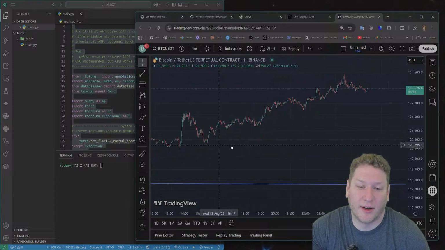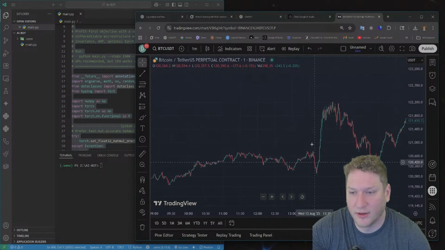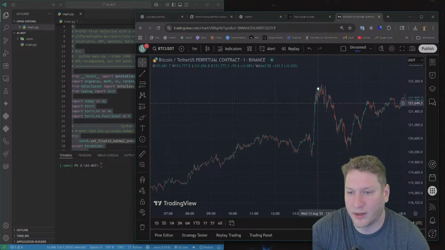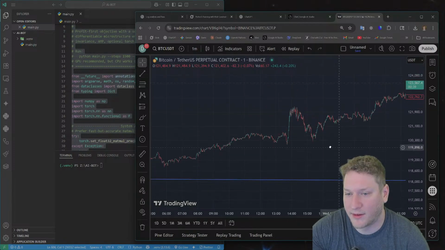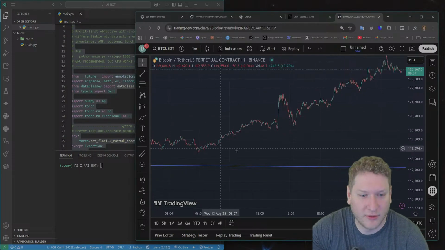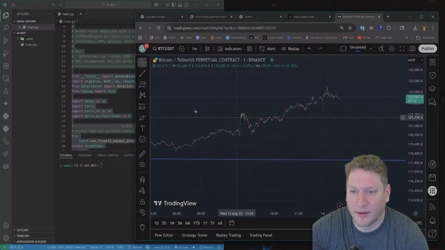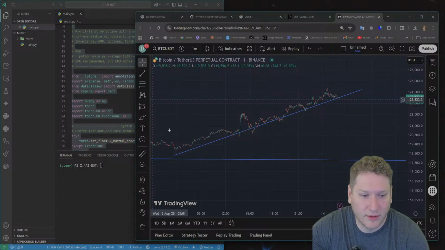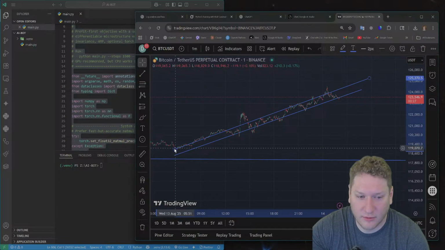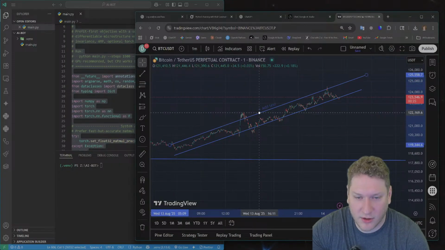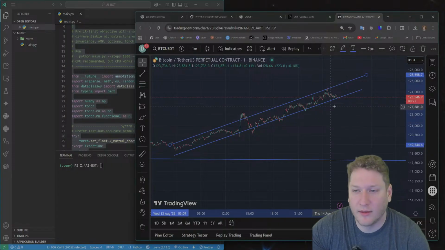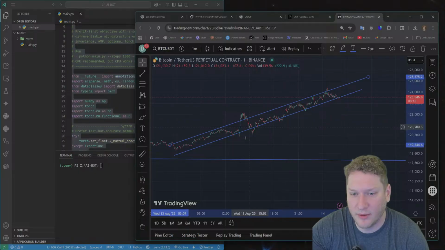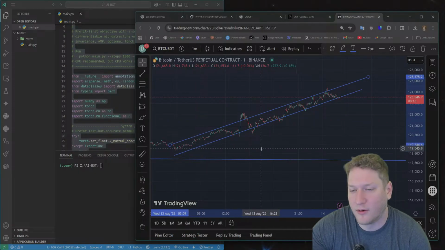Now, this move right here would throw off some algorithm if it was just thinking it was stable. But this was a pump and dump style move. Yeah, but this regime is overall trending upwards, right? In this upwards channel. And that would be the regime. If your trading algorithm knows this regime, then it can custom tailor or use its tools.